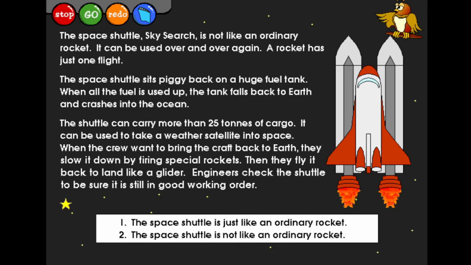Read the sentence and type the number of the one which you think is correct. Click on the sentence for help. 1. The space shuttle is just like an ordinary rocket. 2. The